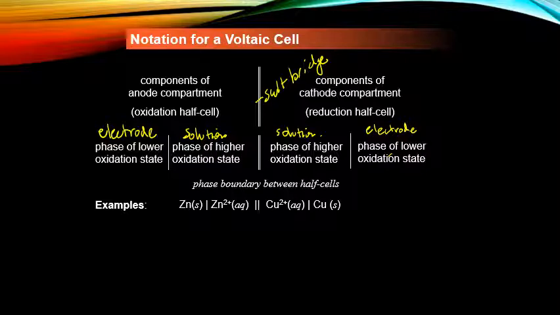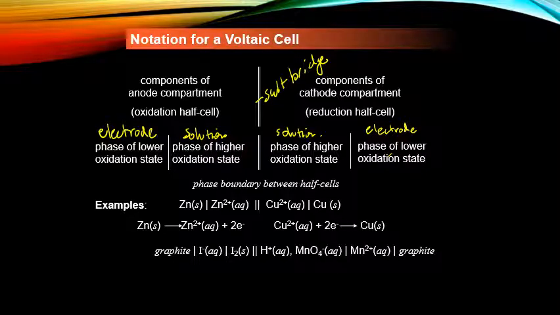And then I come over to my cathode compartment and I had the Cu2+ in the solution going to the Cu as a solid electrode. So I have the half reactions: Zn as a solid goes to Zn2+ plus 2 electrons, and copper 2+ plus the 2 electrons forms the copper as the solid. You don't have to list out how many electrons are present in the process, just what is actually taking place